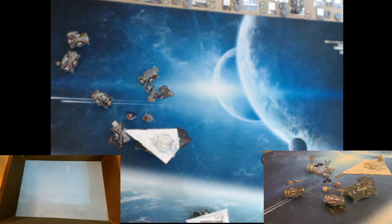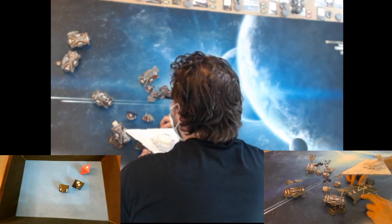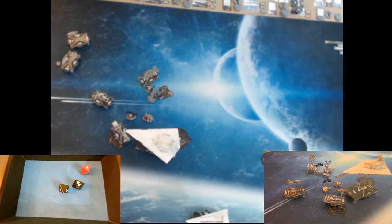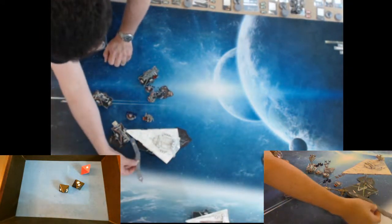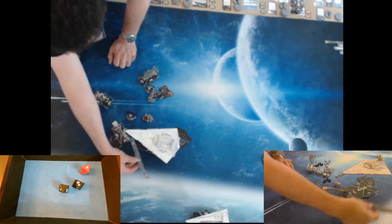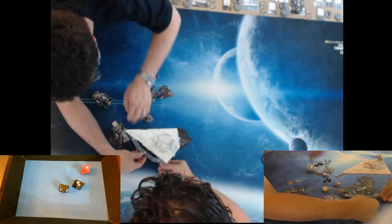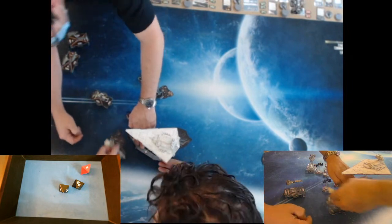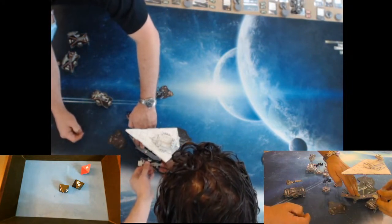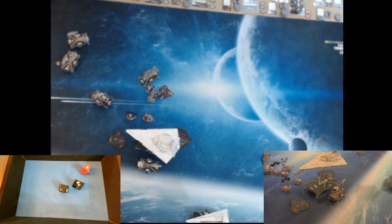All right, let's see what we got against the front of the ISD. 2 hits and a crit. Okay, we are going to just redirect all of that to this side. Strong side forward. Okay, and then I'm going to have to... Did I even use my engineering? I don't think you did. Okay, so that's all I could have done. Can I actually make that? Yeah. I could. So get that lined up right. If you can move that. Right there. And I believe you only have 1 arc on me, right? Oh yeah, 1 arc. Still going to hurt, but...